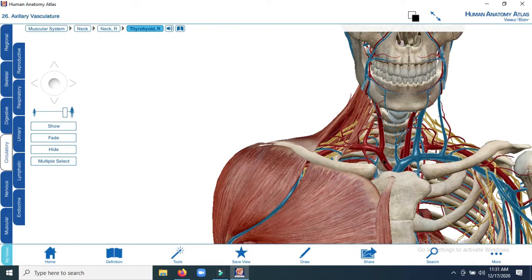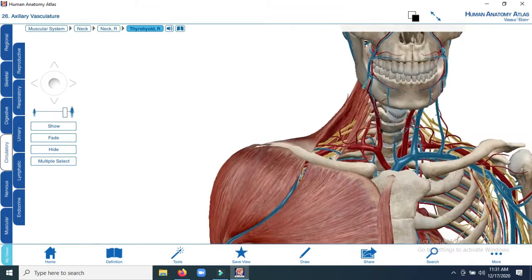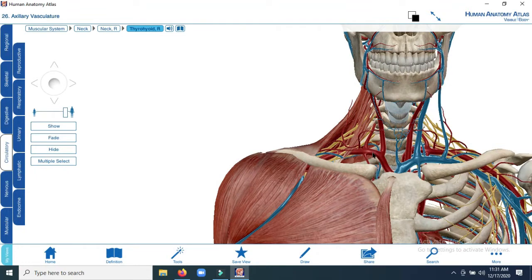Now look at here, this one is the right-sided brachiocephalic trunk, and from the brachiocephalic trunk, one artery that will go up to the cephalic region, that is the common carotid artery, and one artery that will supply the brachial region, that is known as the subclavian artery. Okay, from its origin up to this muscle of uneven length, this portion is the first part, and just behind the muscle, the portion of the artery is the second part, and from the lateral border of this muscle up to the outer border of the first rib,